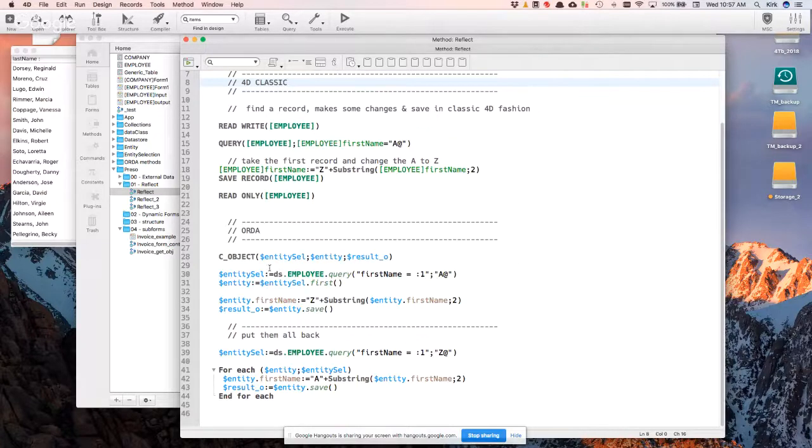Then I'm first going to make an entity selection. I'm going to use the Datastore, which is what this DS is. I'm going to refer to the class, which is the table. And I'm going to do a little query. I'm going to do the same query that I did up here, which is I'm going to look at the first name equals